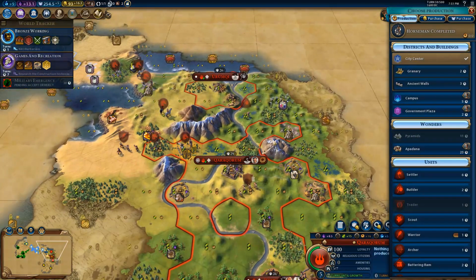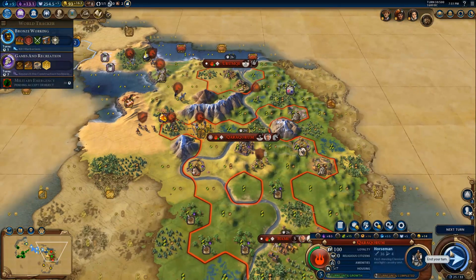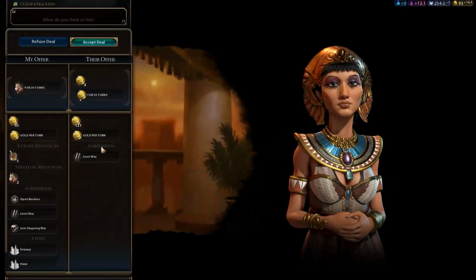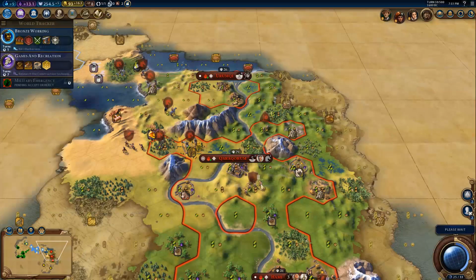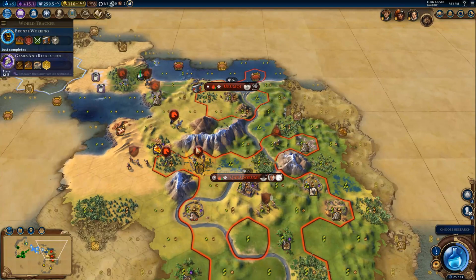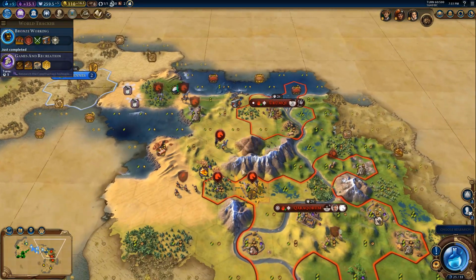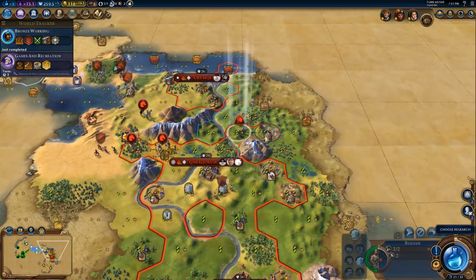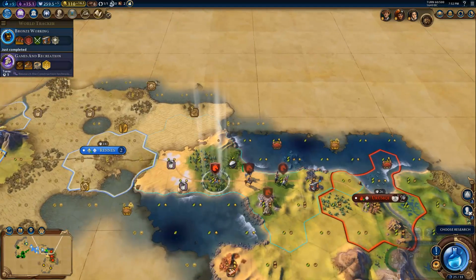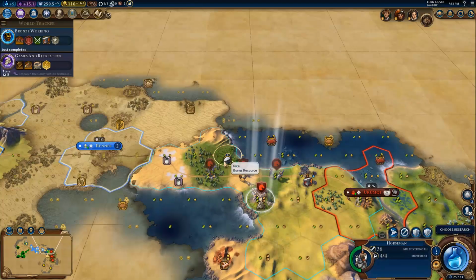1, 2, 3, 4, 5, 6. I'm going to get 8 horsemen. And then I'm going to use the last overflow to obtain a campus district at the expense of my wheat, because I don't particularly need that wheat. Right. Let me just... Okay, more barbarians. Let's wait until they...